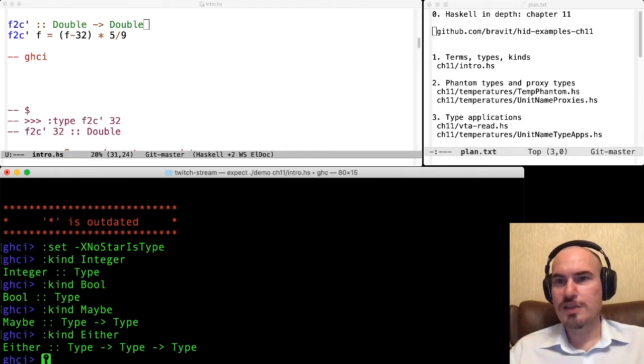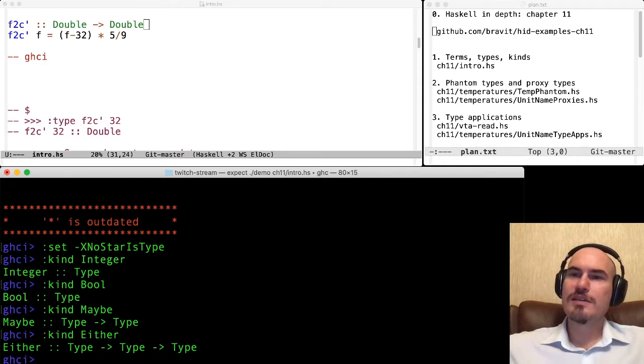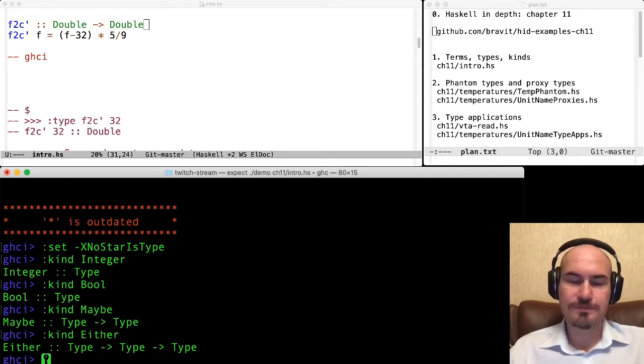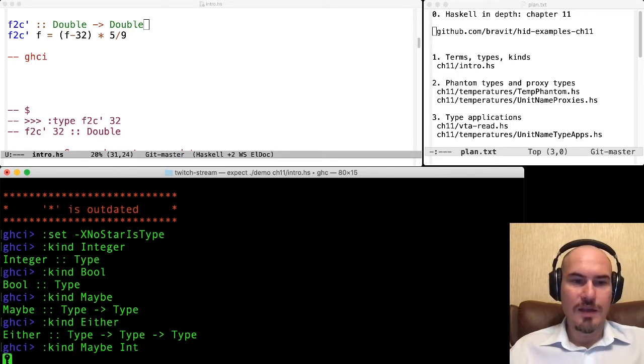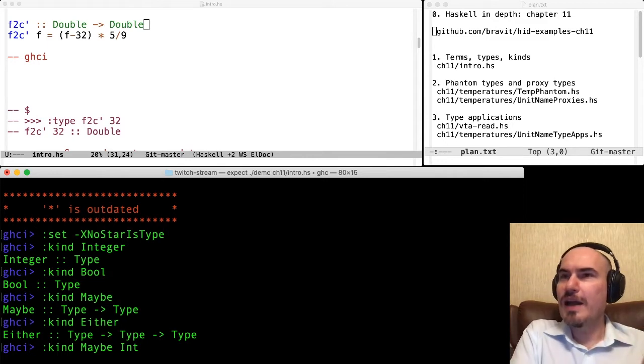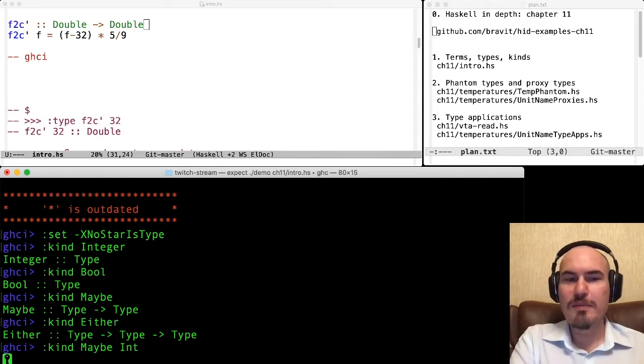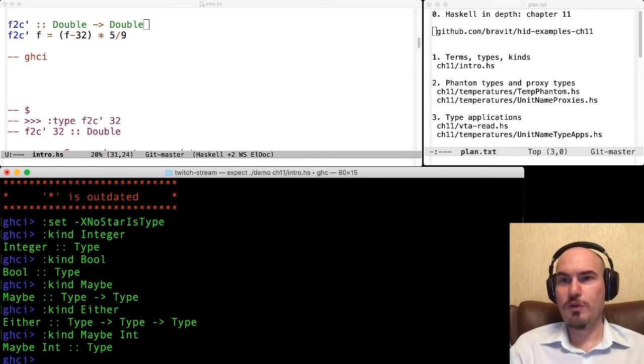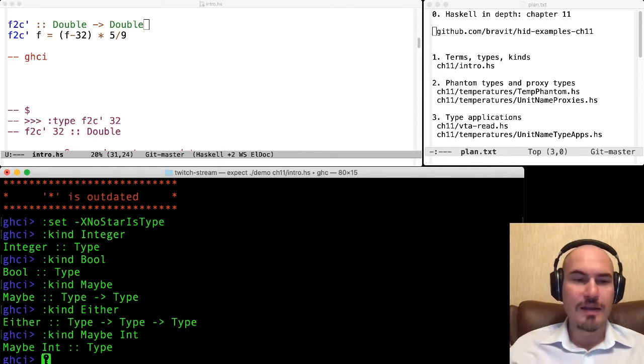So it's a function, it takes two type arguments and gives us a type, Either Int Bool, for example. And Maybe Int, if we apply this type-level function. So for us, Maybe and Either are the simplest type-level functions. They operate over types. So the kind of Maybe Int is Type. This is a fully applied function, which works on the type level.